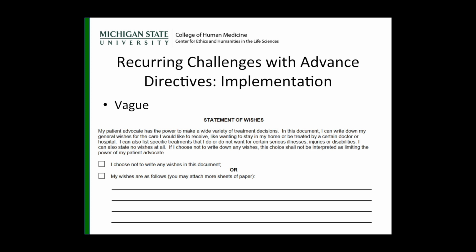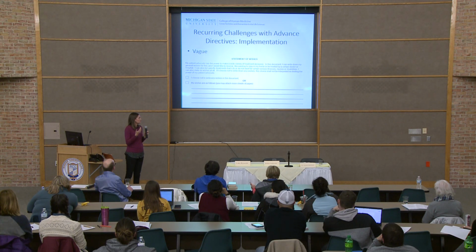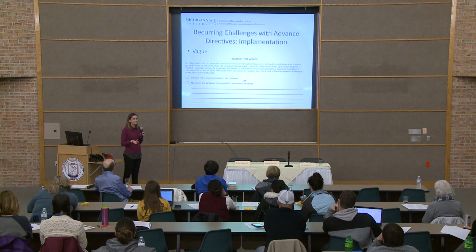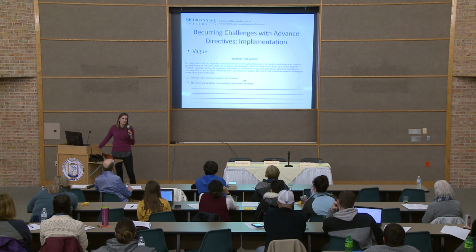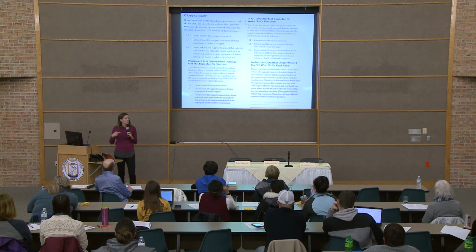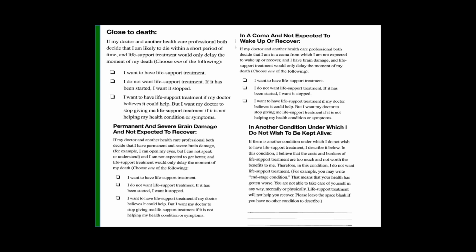This one is the sort of state document, but it's not particularly helpful to write in whatever you want. And it only gives you so many lines, right? That's exactly as many lines as the document gives you. You could sort of put an addendum in there. If you use something like 5 Wishes, you'll have some more things spelled out.